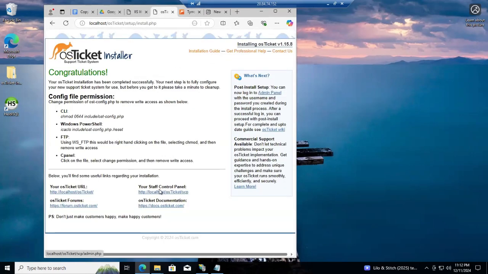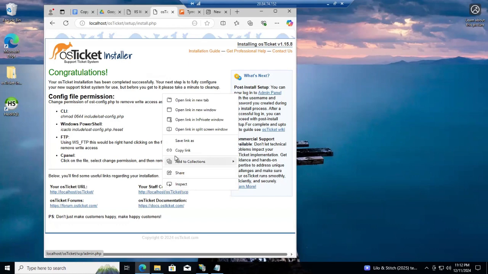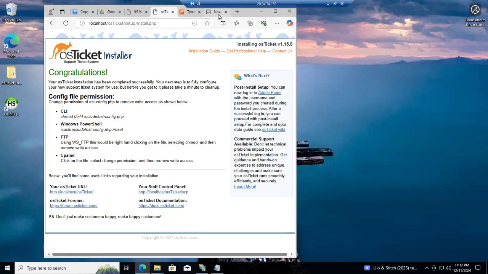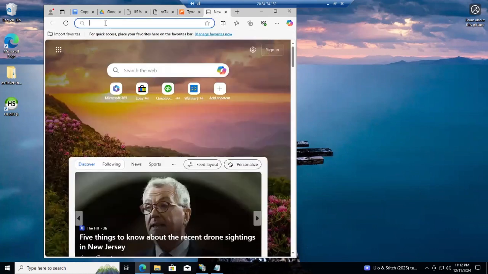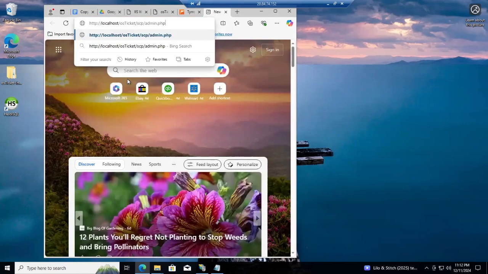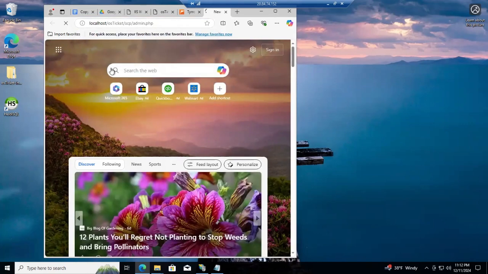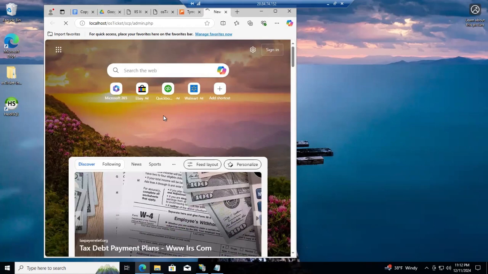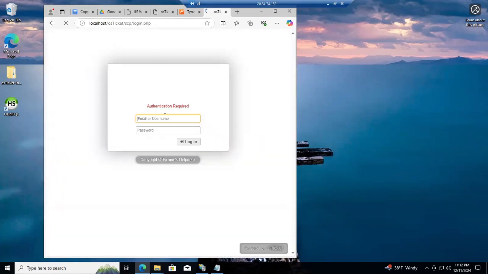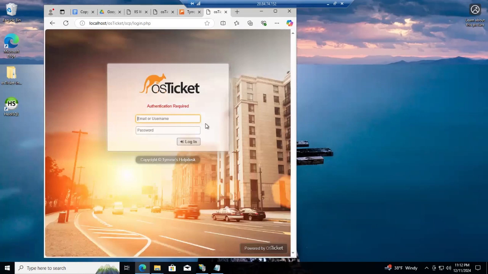So let's copy the link for here, and we're going to drop it in. And this here is for our admins. OsTicket is now officially up and running, and we're ready to tackle the day and take care of some ticketing